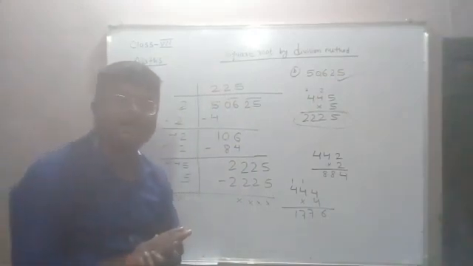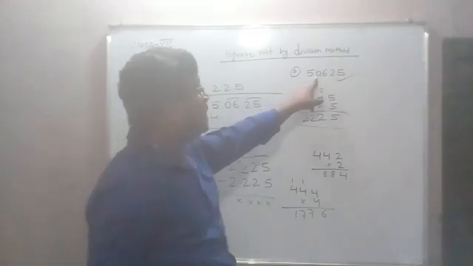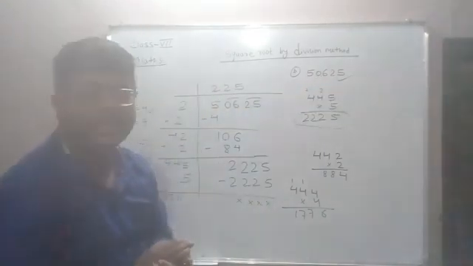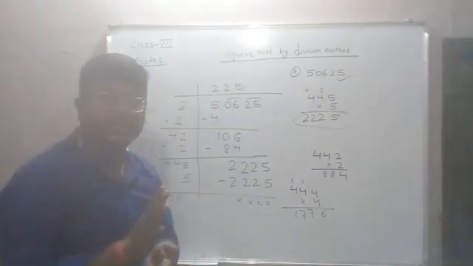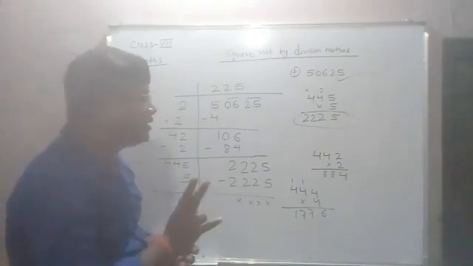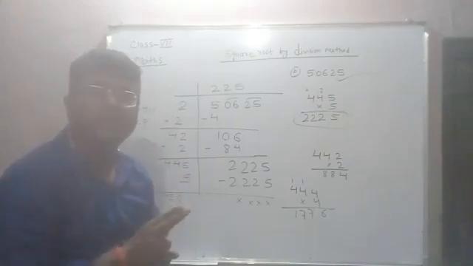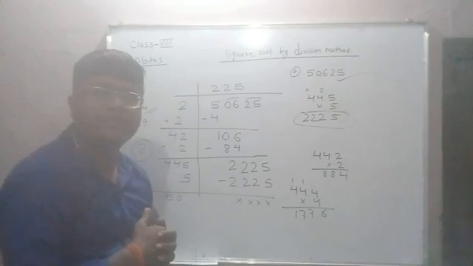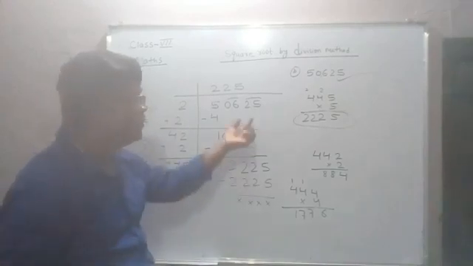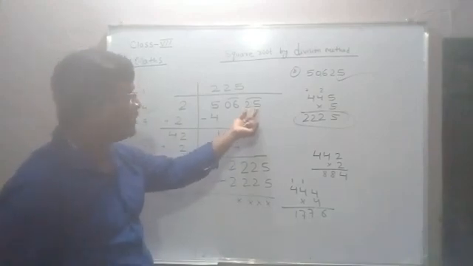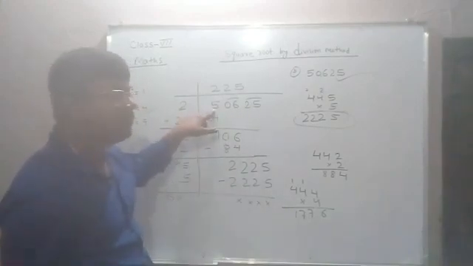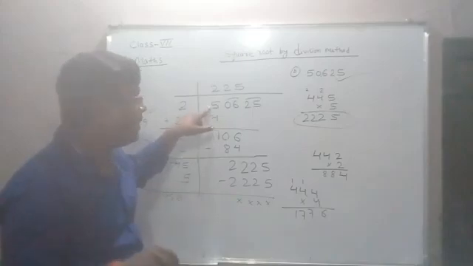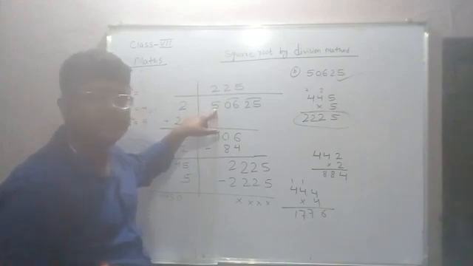Now let's see again very carefully. We are going to find the square root of 50,625 by the division method. For this, the first step is to group the number from right to left, making pairs of two digits. The first two digits form one pair, the second pair follows, and in the third group only the 5 remains. We can make it a pair by writing 0, but there is no need. So we get a single-digit number, 5.